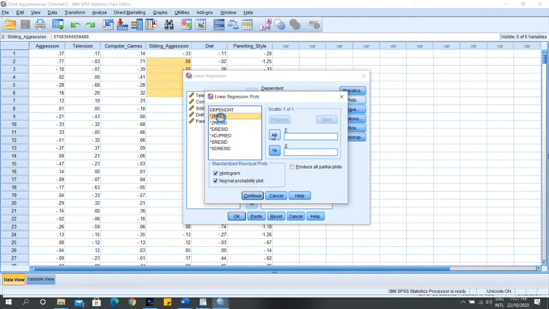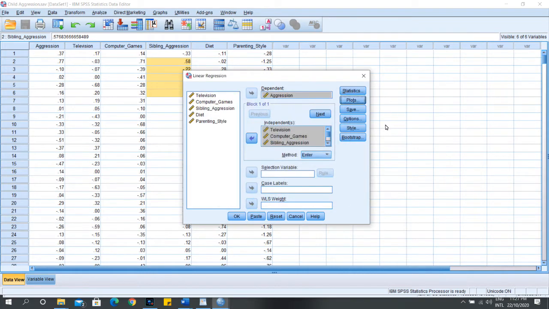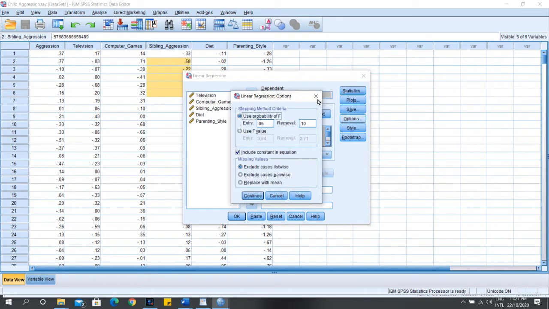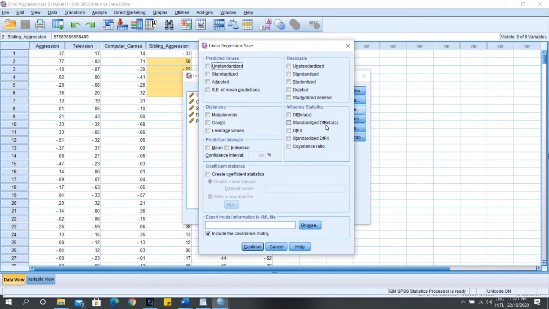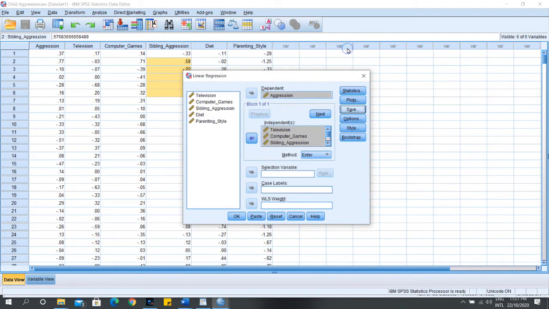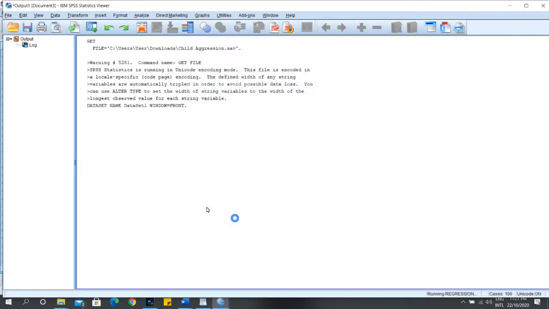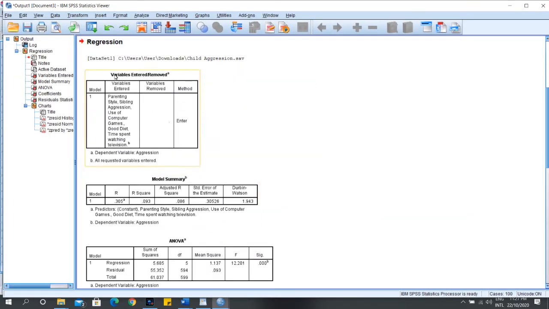We also put Z rate here and Z here. Continue. Rest we leave as it is. No changes here. So we just click OK and we get the results.